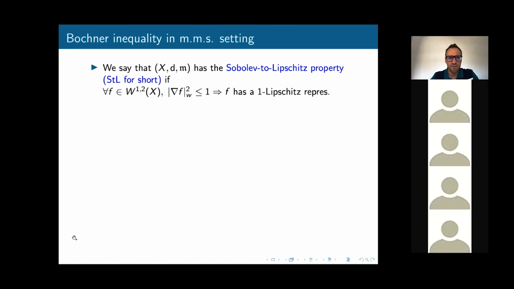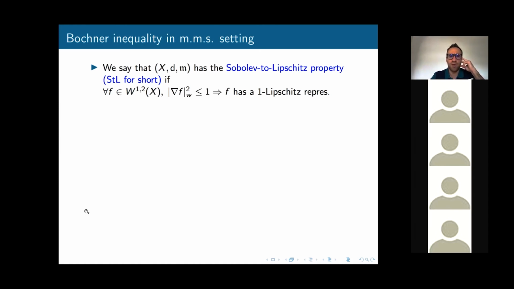Now I have 5 minutes, and I prepared for another hour, so I will just squeeze what I want to say. What I wanted to cover is the Bochner inequality, because tomorrow I would like to cover the structure theory, and in the last lecture I would like to cover localization techniques. For the Bochner inequality, I will just give the statement and I will have no time for discussing the proof.